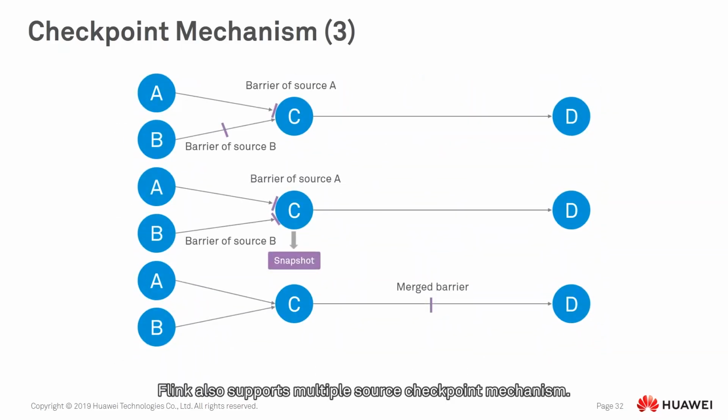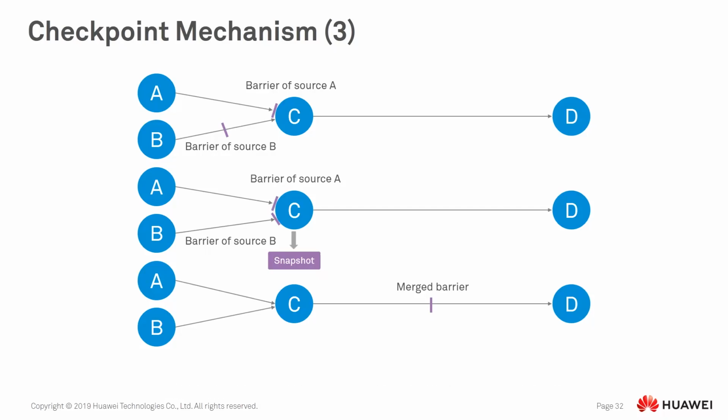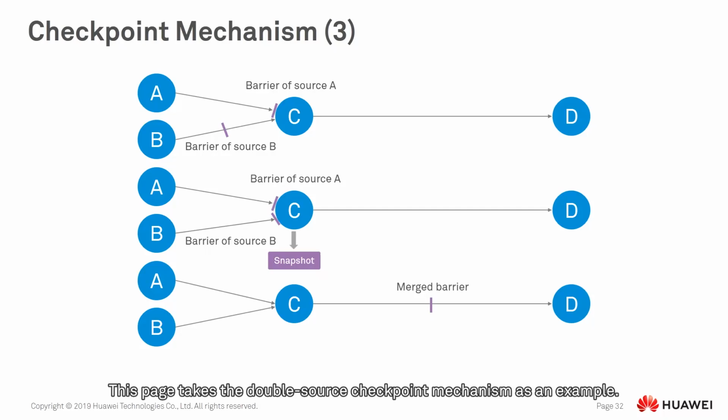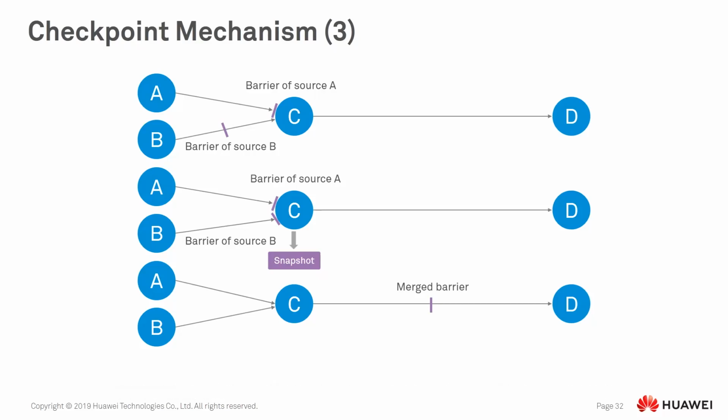Flink also supports multiple source checkpoint mechanism. This page takes the double source checkpoint mechanism as an example. Assume that operator C has two input sources, A and B. In a checkpoint interval, operator C receives the barrier sent from source A first for some reason. Operator C then blocks the input channel of source A and receives data only from source B. When the barrier sent from source B arrives at operator C,